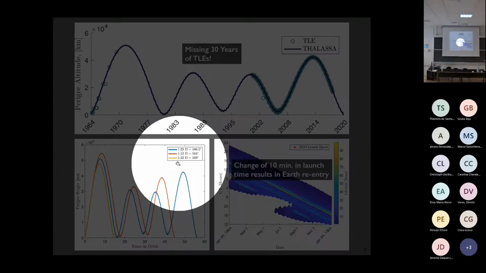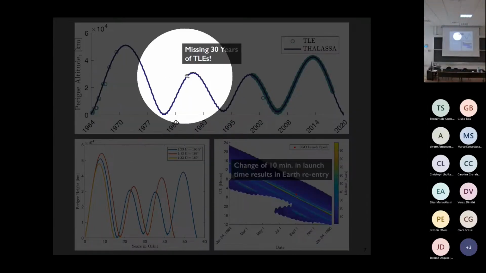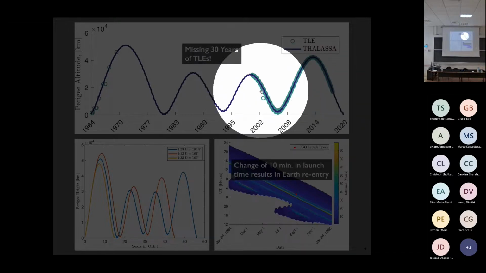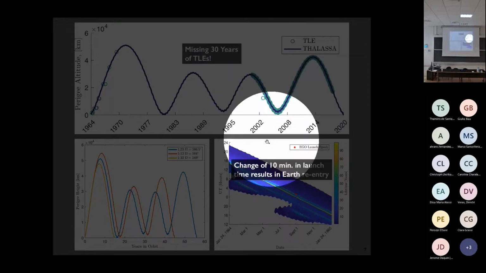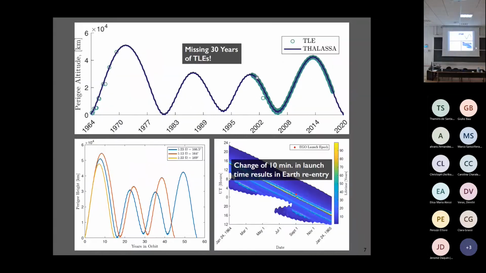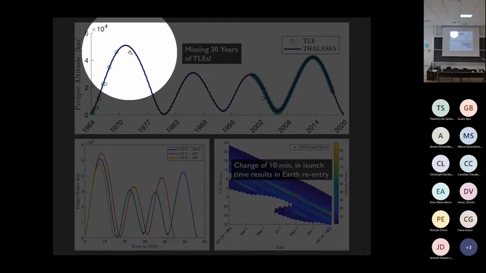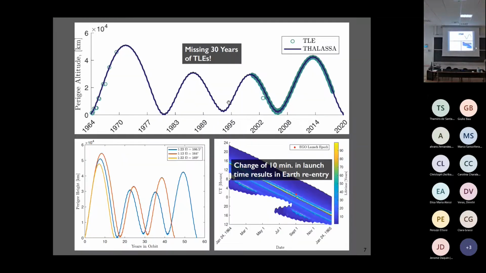This shows here a multi-decadal evolution of the Vigo satellite from the epoch of about 2002 when we acquired it in the space catalog. This is the initial sparse data that was shown, and there's about a 30-year gap in the catalog for the spacecraft. Tracking is not a very, very difficult problem.